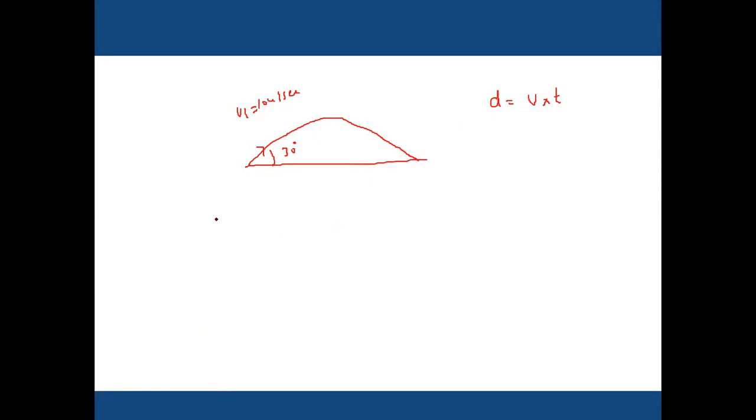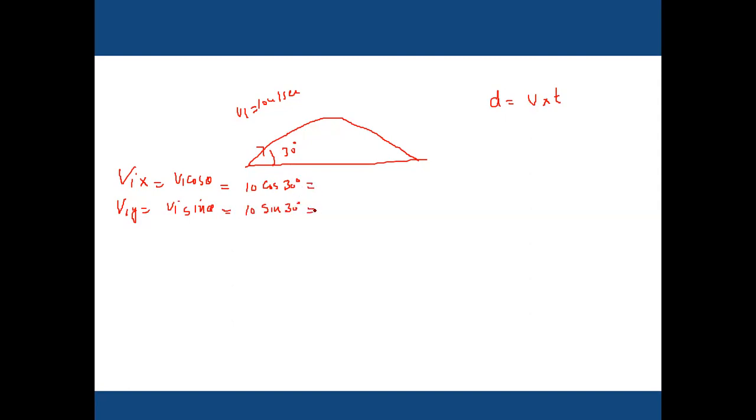So how can we find the horizontal component and vertical component of velocity? Initial velocity is 10. So Vix is equal to what? We know that Vix is Vi cos theta. Same, Viy is equal to Vi sin theta. Initial velocity 10 multiplied by cosine of 30 degrees. Same, Vi is 10 multiplied by sine of 30 degrees.